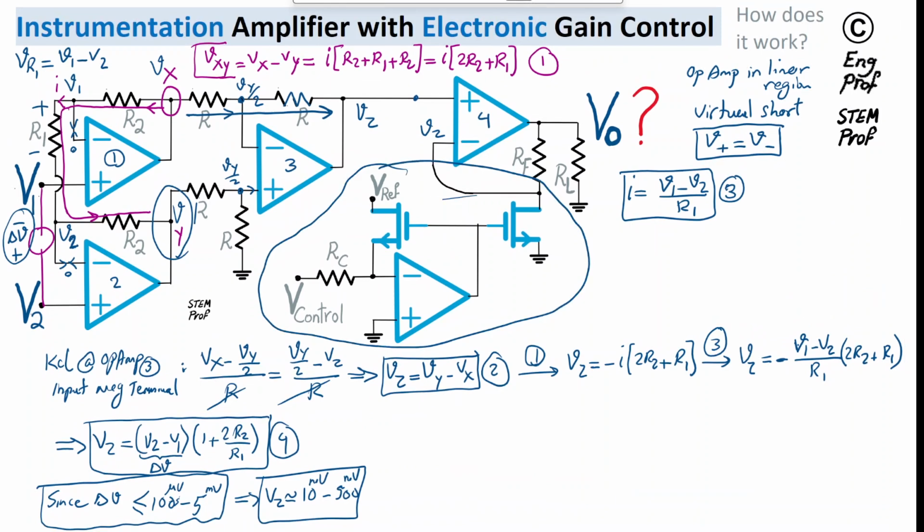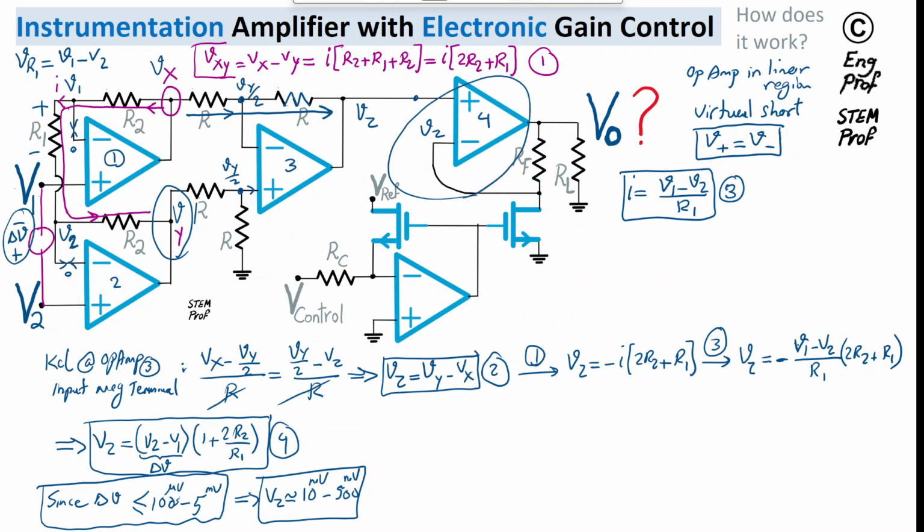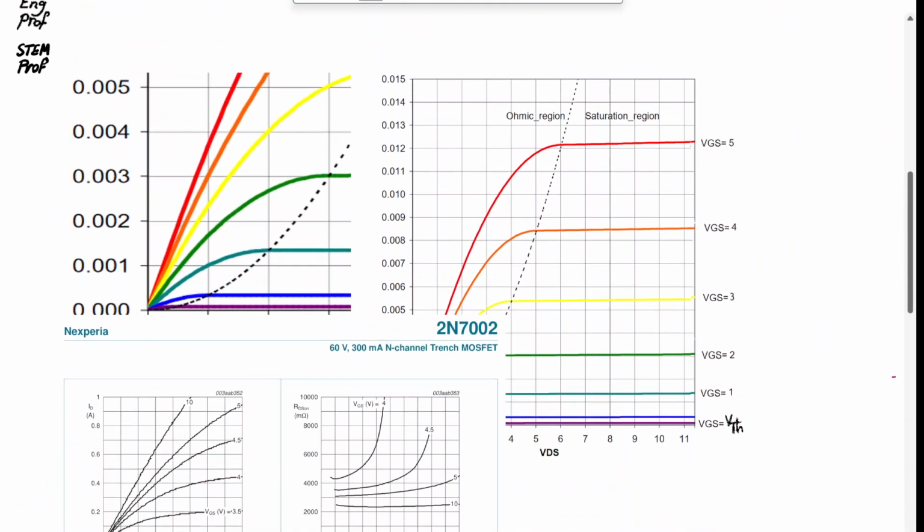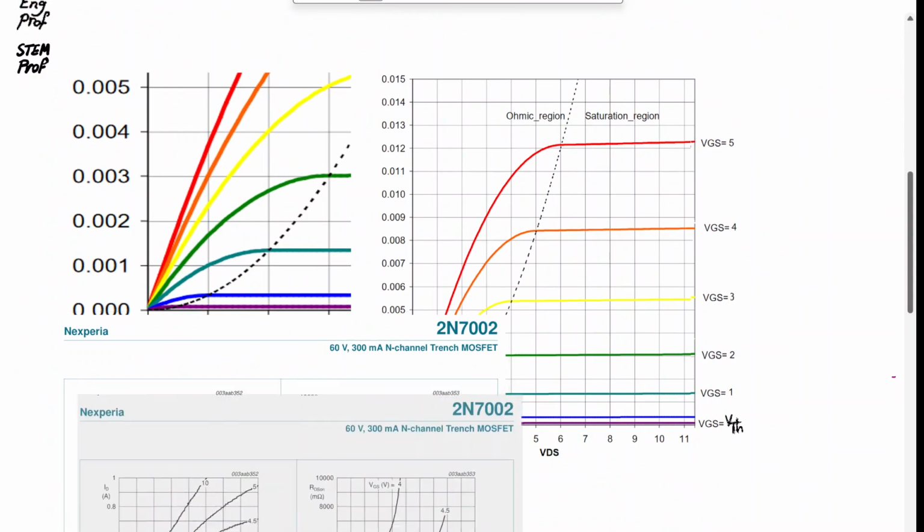gain control combined with this op-amp, it's important to make sure that these two N-channel MOSFETs, if we are using MOSFETs, which is the example here, are used properly. In a separate video I have covered an example in which we are using a JFET, junction field effect transistor, instead of a MOSFET. But in this case, it's important to set the Vref to a reasonably low value, so that VDS for this transistor is small enough, so that for the IV curve of the transistor, so I'm showing an IV curve of the transistor here,